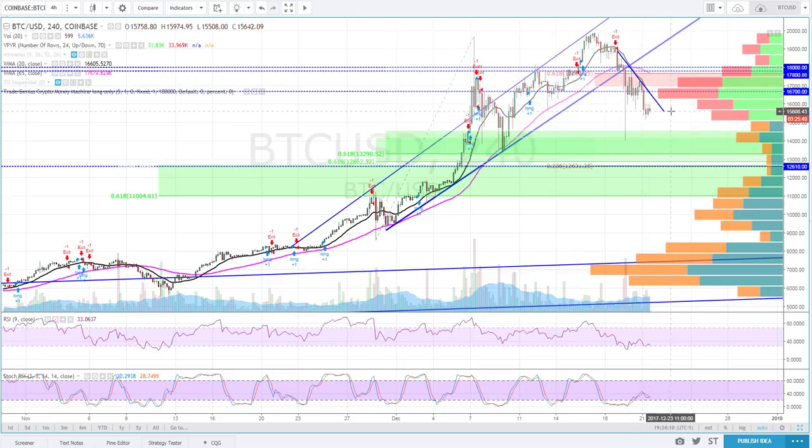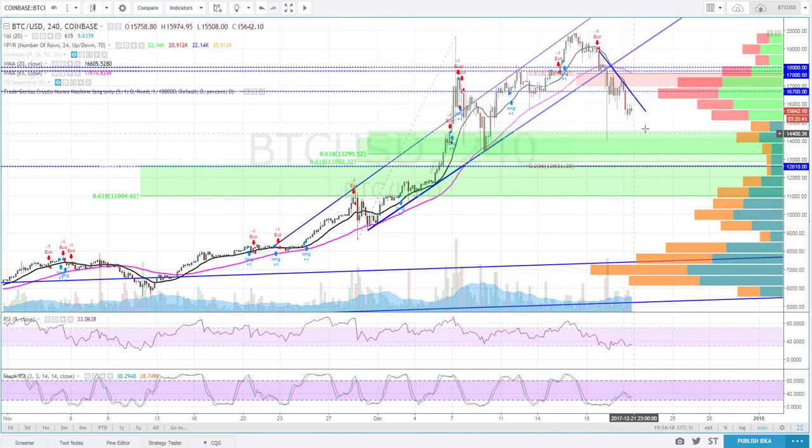And so the question now becomes, there's a little bit of an air gap here. And when you see an air gap, because there's no price history, no price action too much there, price can just rip through that level. Like through here, see how fast it ripped through it. So you could come back down to some support levels, and that's why I say below 13,000 is in play. I kind of doubt we're going to see much more than that